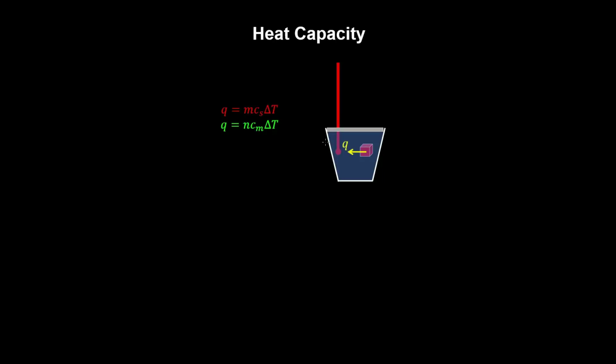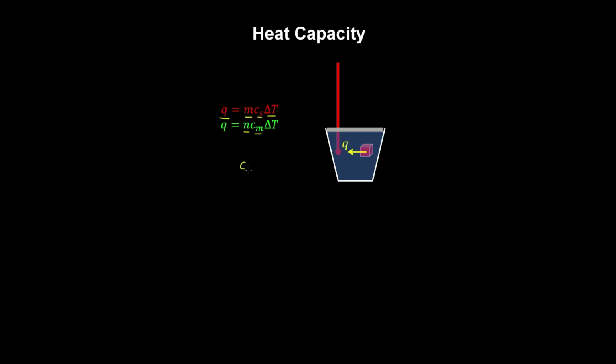The heating of a cool body by a warmer body is an important form of energy transfer between two systems. And the amount of heat transferred between two bodies can be quantified by the heat transfer equation, where the heat transferred is equal to the mass of the body by the specific heat capacity by the change in temperature of the body. And this can be written in terms of the number of moles and the molar heat capacity also,